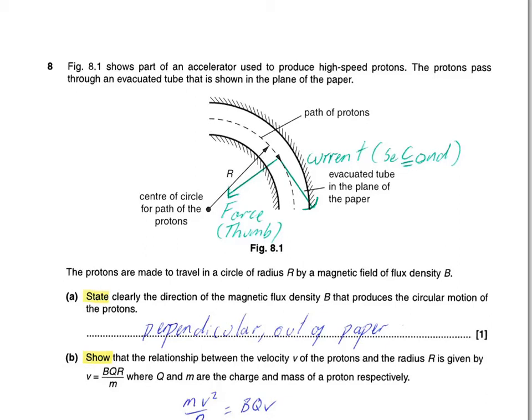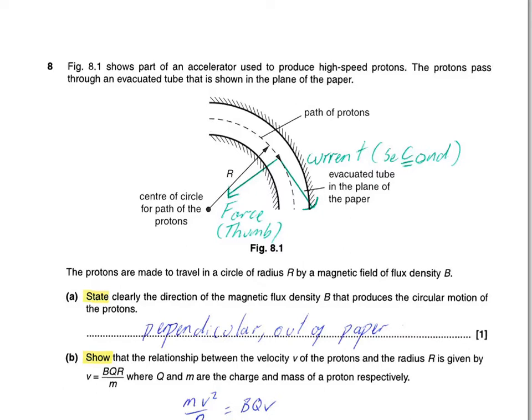So this is G485 homework booklet question 8. We've got a accelerator used to produce high-speed protons. The protons pass through an evacuated tube that's shown in the plane of the paper, and we've got the path of the protons there, we've got the radius, we've got the evacuated tube. State clearly the direction of the magnetic flux density B, the field in other words, that produces the circular motion